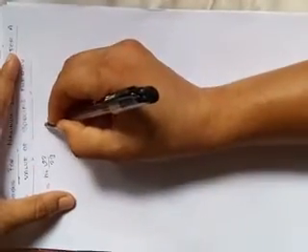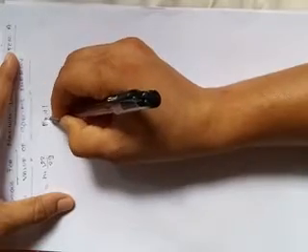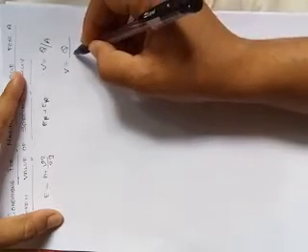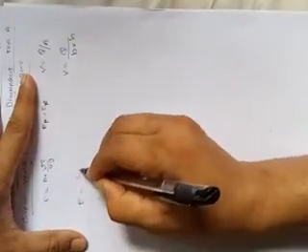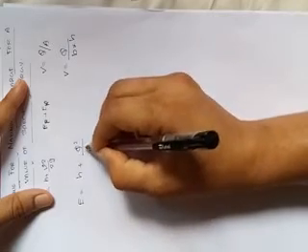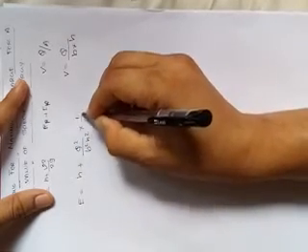E is equal to Ep plus Ek, the potential energy and kinetic energy. Already you know the velocity is equal to discharge by area. So velocity is equal to discharge by area, which is equal to breadth into height. You got my point? So once again write the equation: E is equal to H plus V square. Instead of V square you can write Q square divided by B square into H square into 1 by 2G.